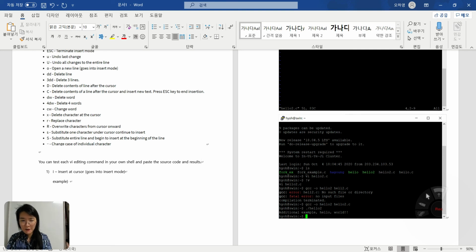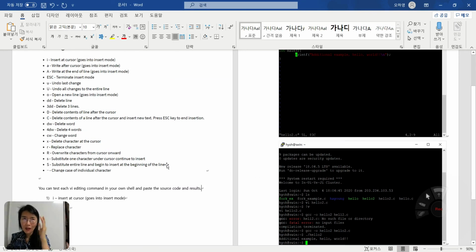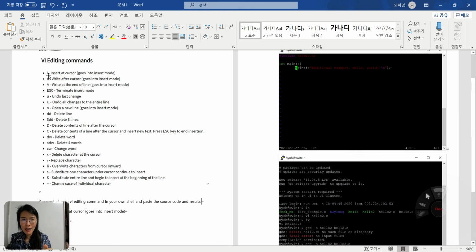Okay, so for example, I show the I case only. All right, so similarly, you can put all your traces from the I to the last VI editing command. All right, so shortly I will leave you